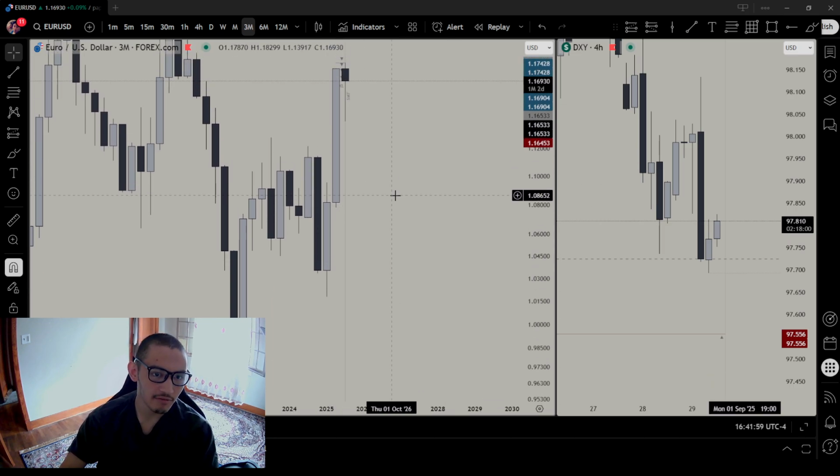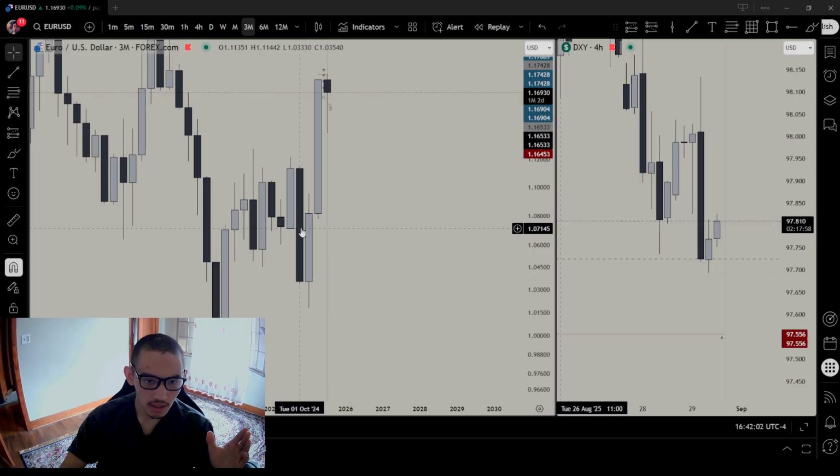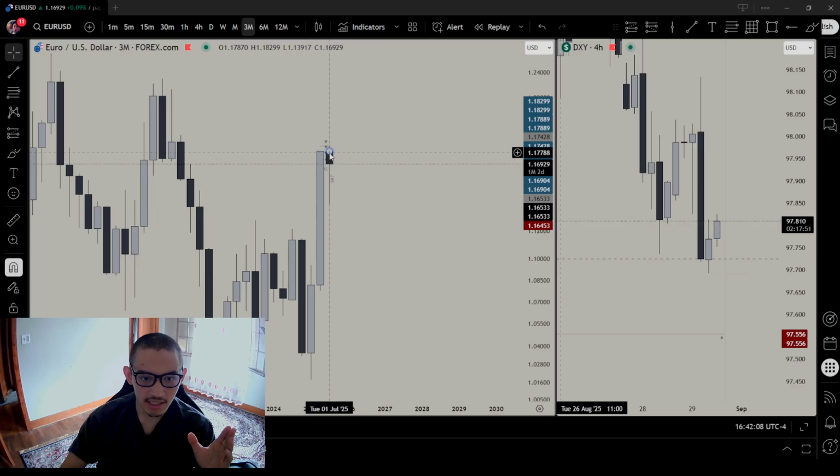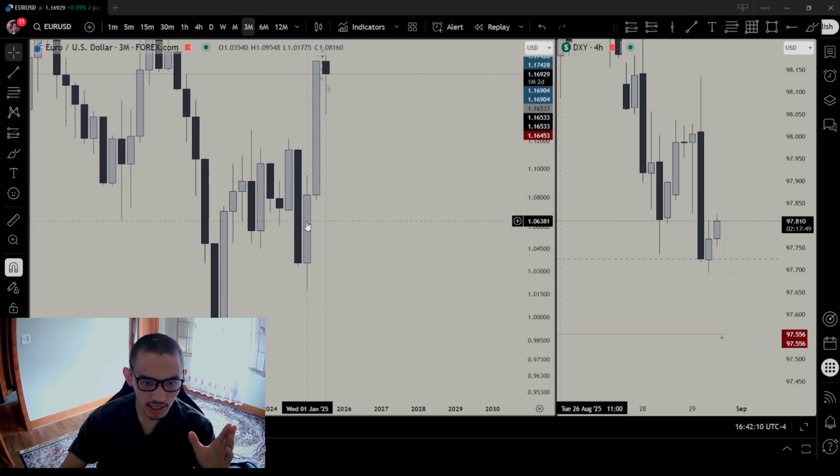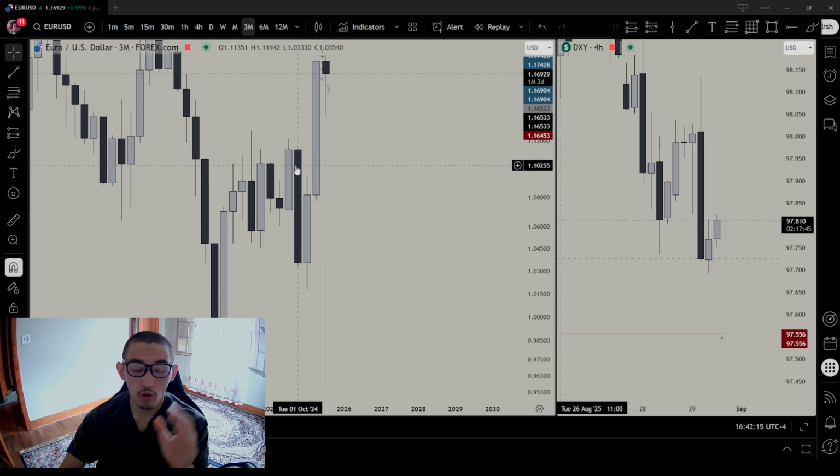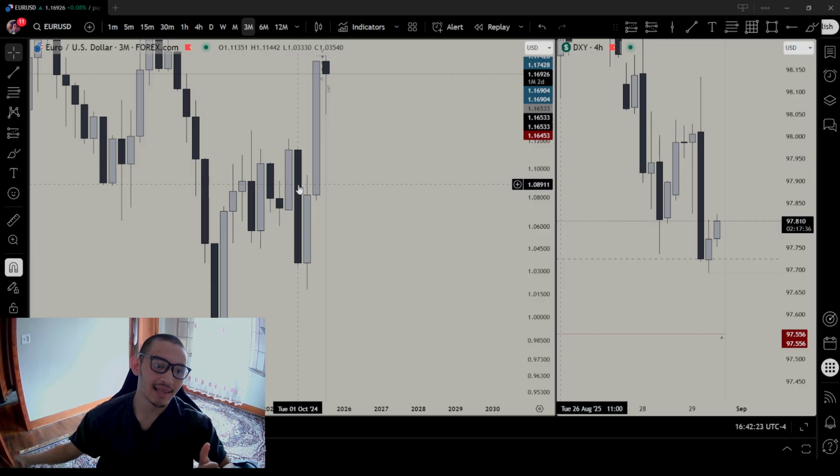So we want to focus on the higher time frame. It's simple. It's the first monthly candle: accumulation, manipulation, expansion. But this year, you can see the first quarter was in manipulation. The fourth quarter could do two things: accumulate or reverse. In this case, it accumulated. So the last quarter of last year accumulates.